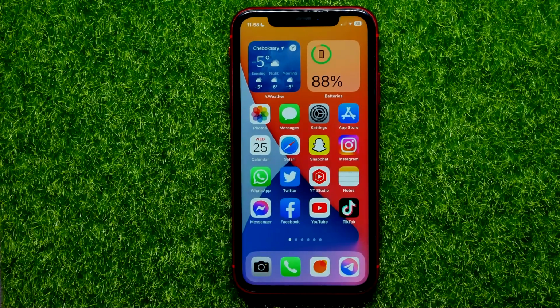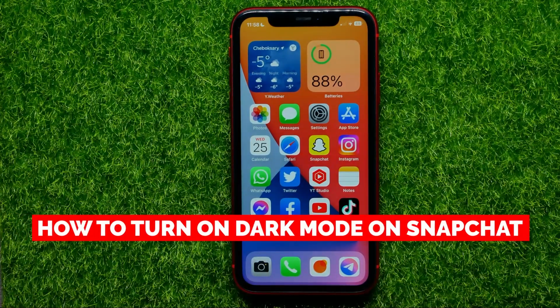Hello guys, welcome back. In this video I'm going to show you how you can easily turn on dark mode